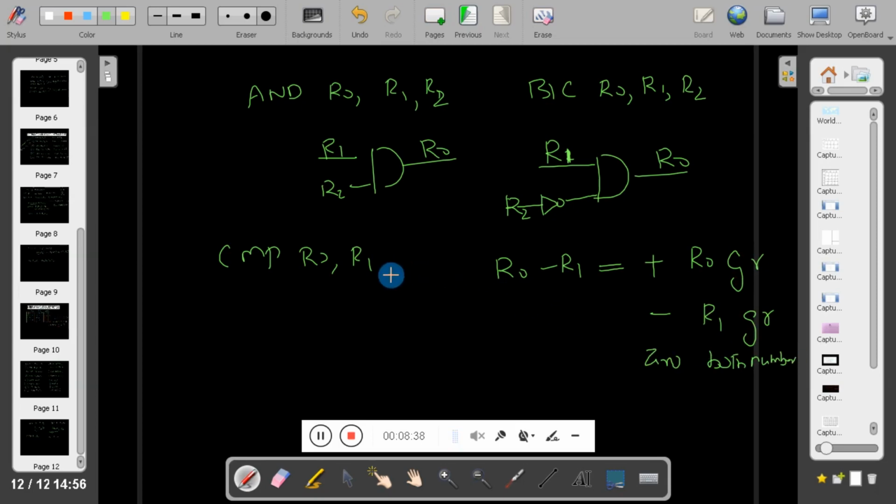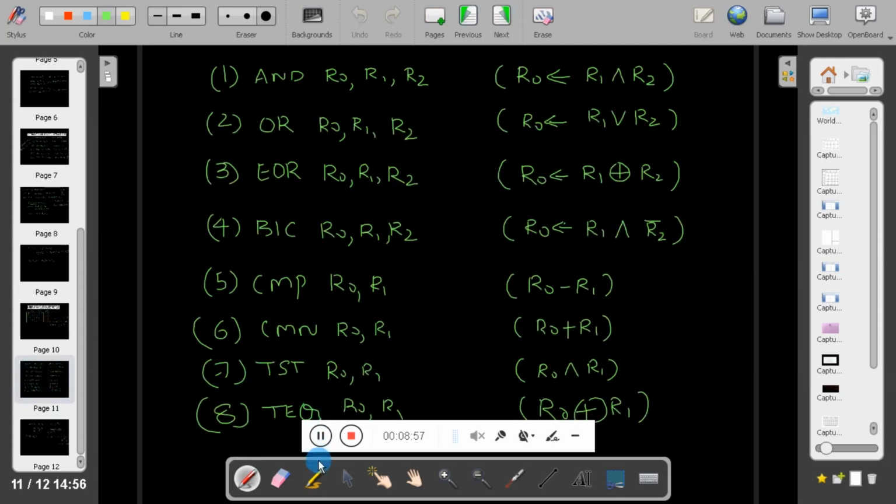Now, the compare operation will not store the result. The subtract operation will store the result, but this operation will not. This operation will automatically change the status of the flag register. So students, please remember, we have 4 instructions as I told earlier: compare, compare negated, test and test equal.